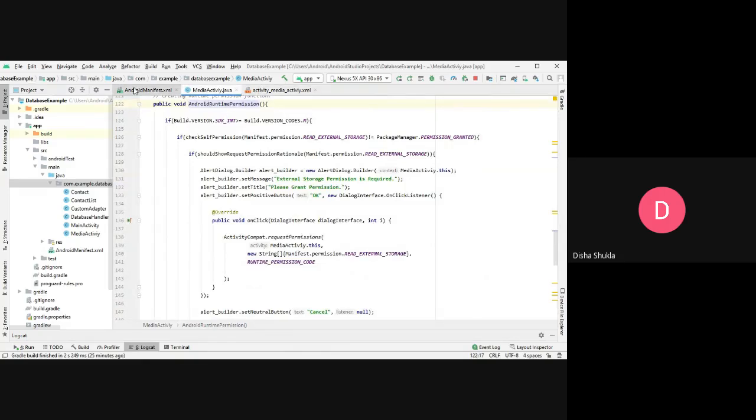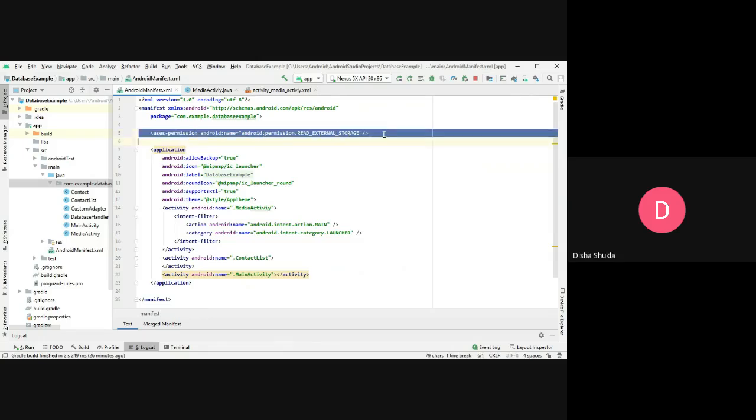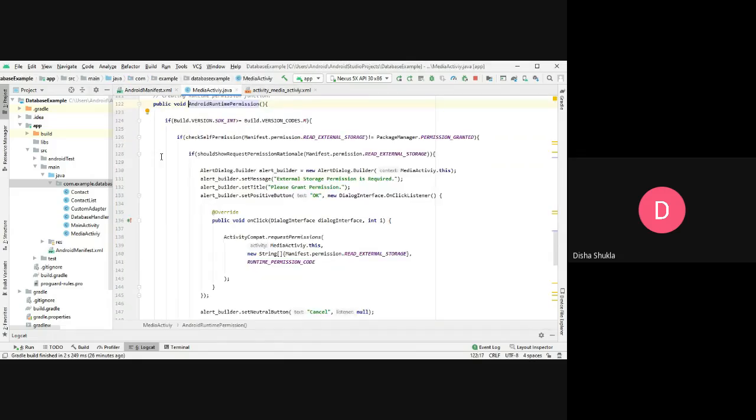See, before that, we need to put the permission inside your manifest file. Inside this manifest file, because I am reading the external storage device, so I am taking the permission called android.permission.READ_EXTERNAL_STORAGE. So this is how I am mentioning what kind of a permission I want. See, there are maybe possibilities that you want to use lots of permissions, like you need to get lots of permissions from the user, so you can list them out over here, and that list you will be getting inside this particular method. So what does this method do?